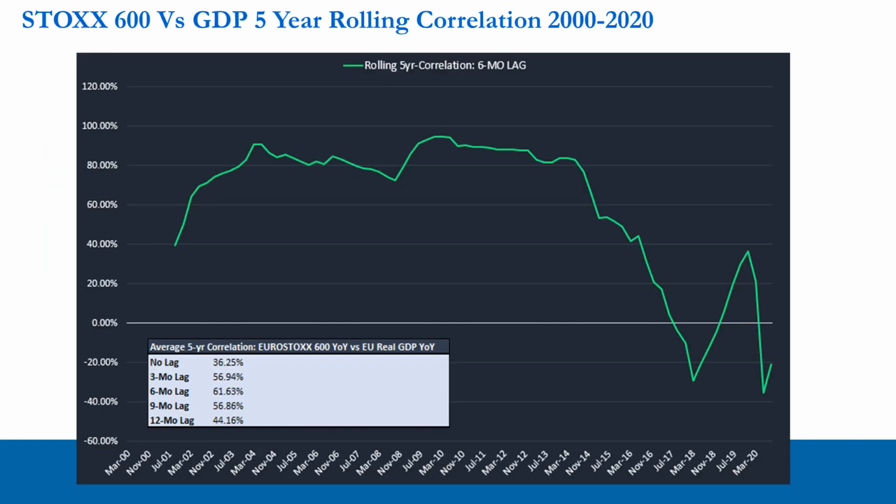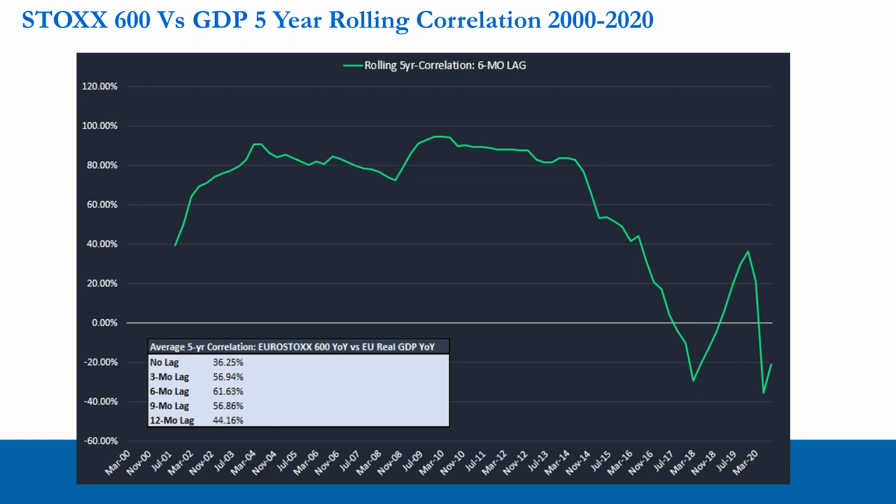So this has actually had the effect of breaking down the correlation of the Stoxx 600 versus Eurozone GDP growth. If you recall, we had our chart in the global GDP file for each economic area, so the US, Eurozone, and China, for rolling correlation. And for the Stoxx 600 and Eurozone GDP growth, we were looking at a 5-year correlation with a 6-month lag, because the 6-month lag on a 5-year correlation basis gave us the highest correlation.